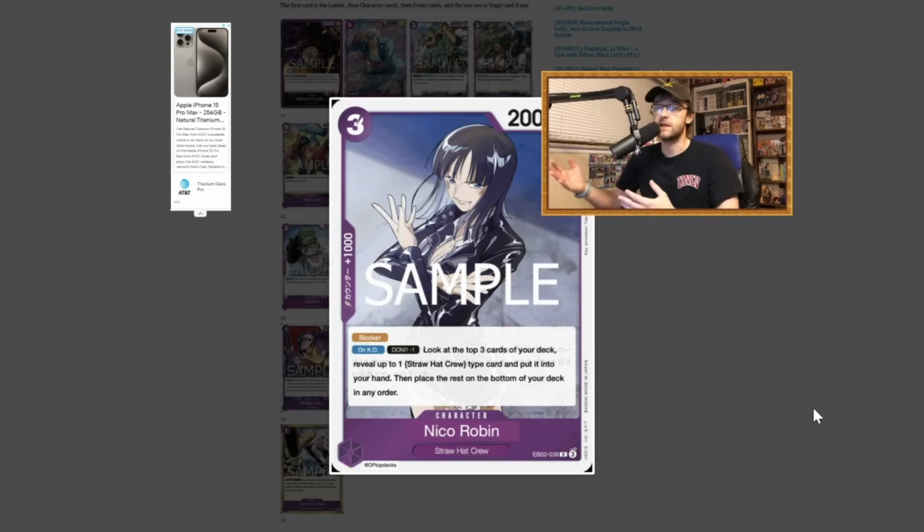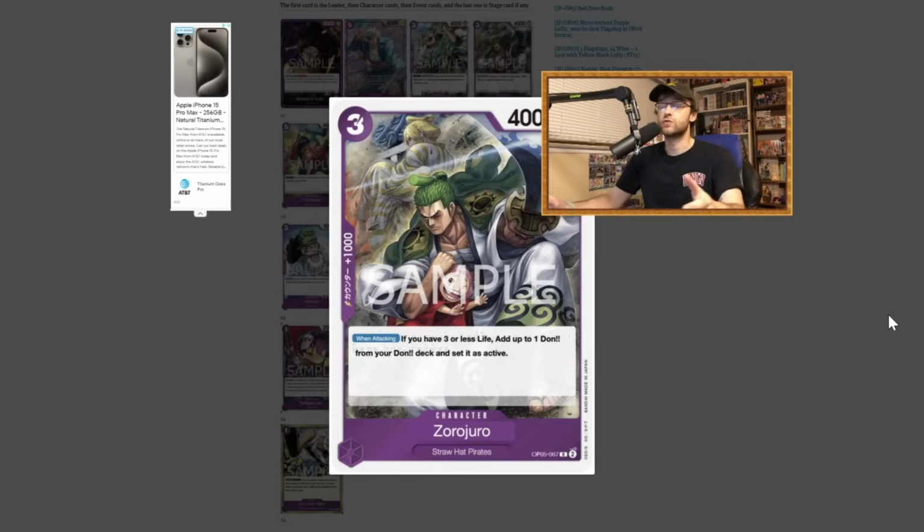The Nico Robin is very good, right? Being able to, on that KO, do some digging for another piece of the puzzle that can provide a lot of early game value. Zorojuro is emerged back in this list with a couple copies. I really like Zorojuro, right? Especially in this format with so many different purple decks. I think all of the purple Straw Hat Crew type decks are now playing this card in some capacity, whether that's 4 copies or 2, and especially in a hyper aggressive